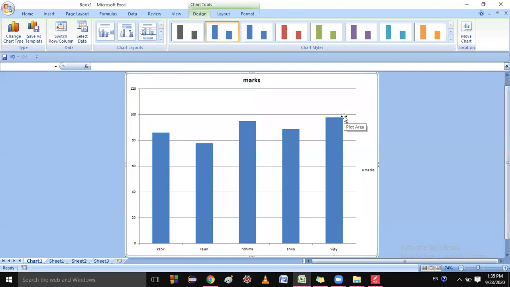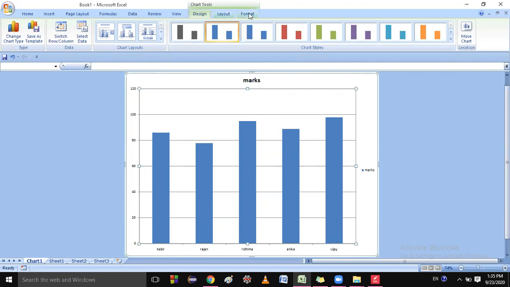So next one is, student, how you can change the plot area background. So do you know what is plot area? This complete is chart area, and if you select this one, this is plot area. Do you know this thing? Yes. So how you can change the background, the color of the border, the style, everything, of the plot area. So just select this plot area.